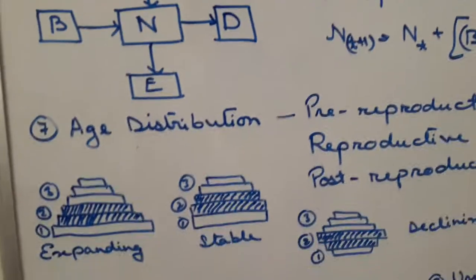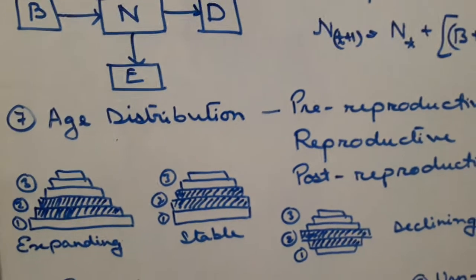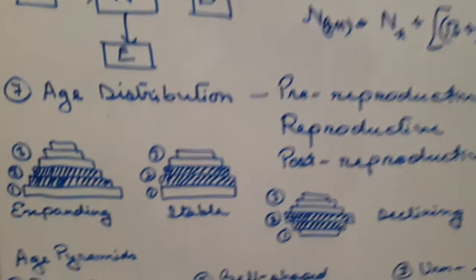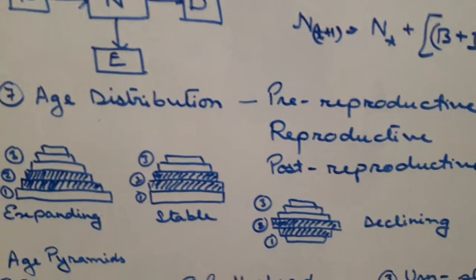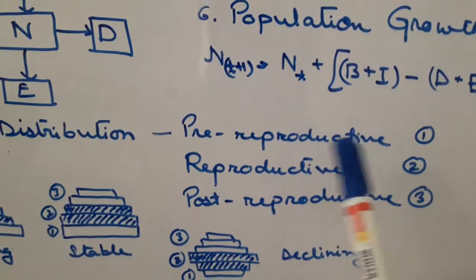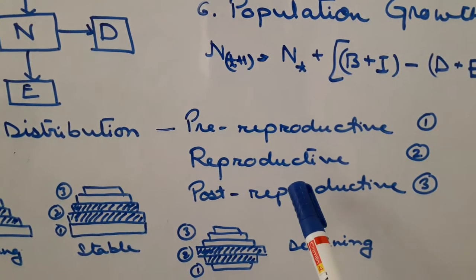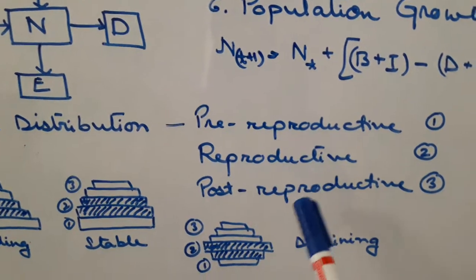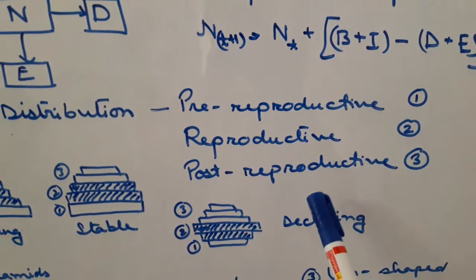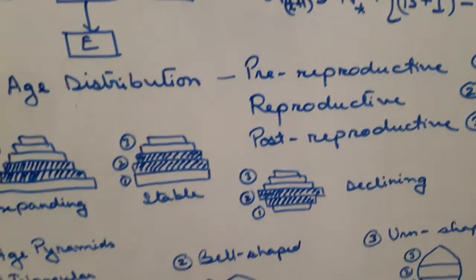Now, while we are studying age distributions, in a population we normally find different types of individuals, plant, animal or whatever. Some may be pre-reproductive, that is the organisms which are attaining reproductive ability and are fast growing. Reproductive organisms have attained sexual maturity and are able to reproduce, and the post-reproductive organisms have lost the power of reproduction and finally they are towards old age.